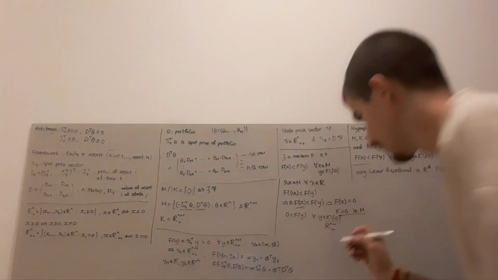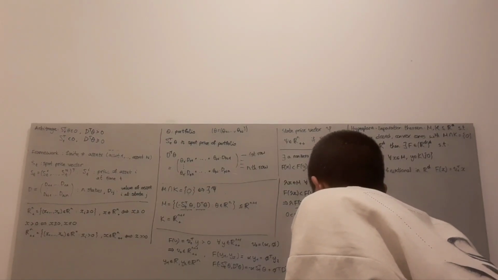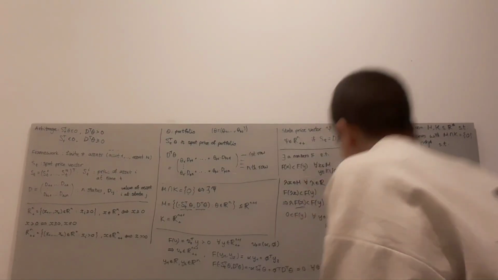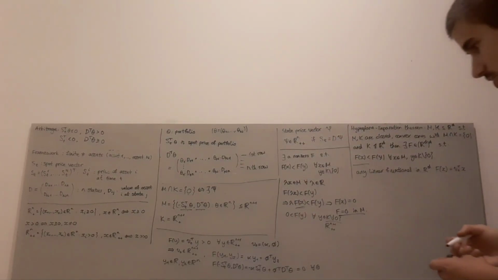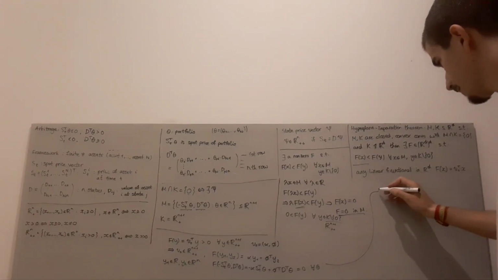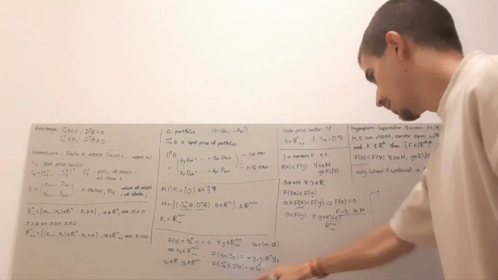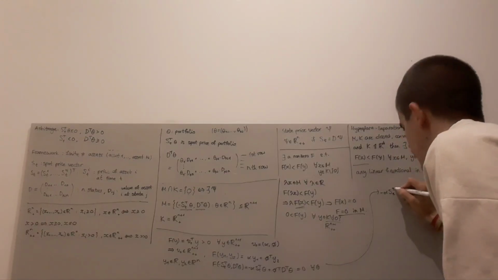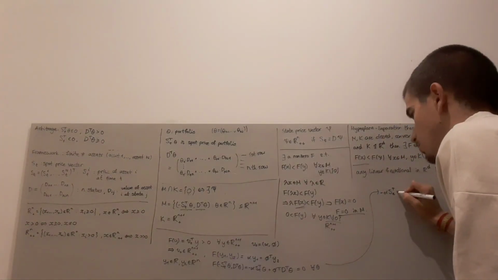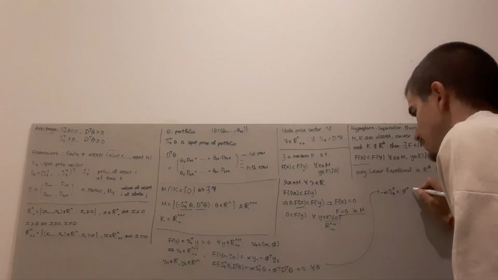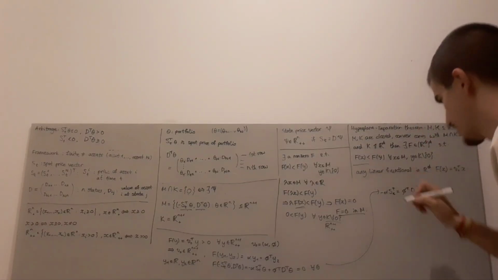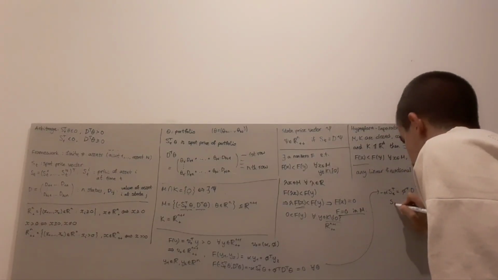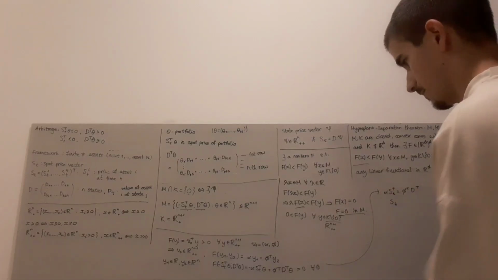Sorry, d transpose theta. And now this has to equal 0 for all theta, because f vanishes in M. So we deduce that minus alpha S_t equals phi transpose d_t. If we take transposes of everything and rearrange a bit, because we're passing onto the other side,